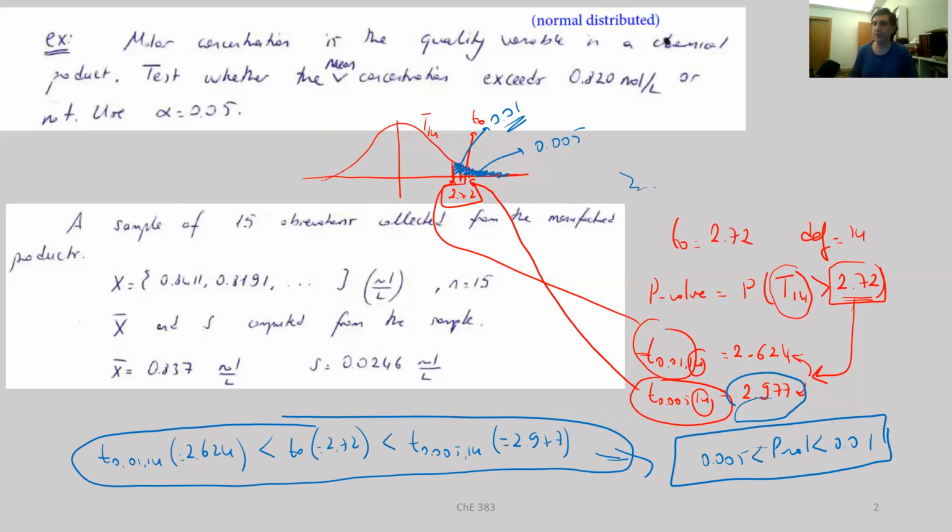Note that I realized in previous years some students confuse this with a confidence interval. That has got nothing to do with a confidence interval. The p-value actually has an exact value. For instance, by using MATLAB and this value, 2.72, you can find the tail probability, the tail area of the t-distribution with 14 degrees of freedom at 2.72. You can find this value exactly. However, since the tables you have have a limited resolution, this is the best one that you can come up with. And as I repeat again, this has got nothing to do with confidence intervals.